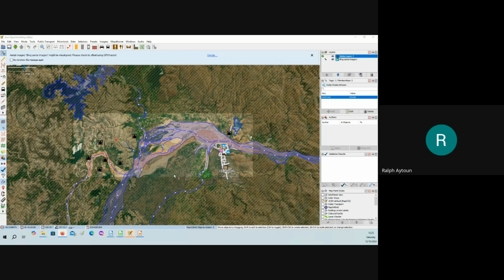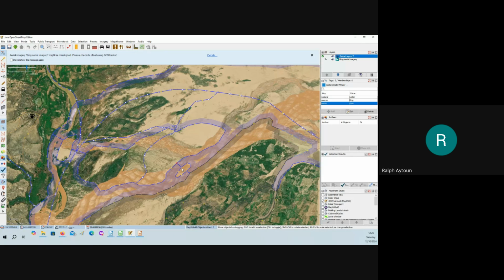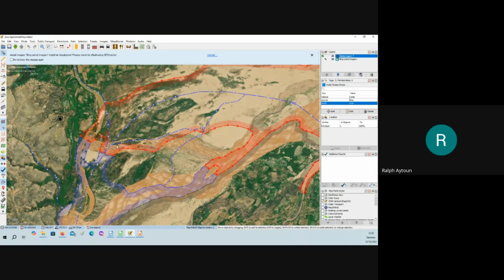This is what people do when they don't understand multi-polygons. What has happened here is you can see here the join is up to the point there, up to this point here, and up to that point there, and then they continue it there. Now, what they've done is they've created holes.